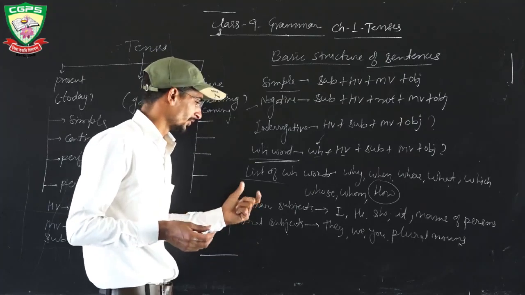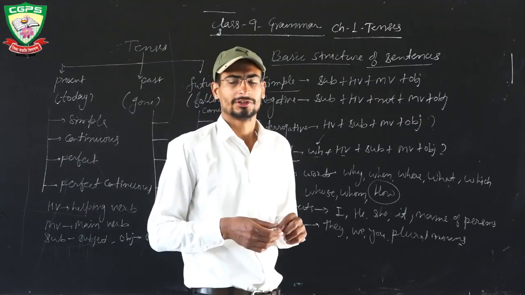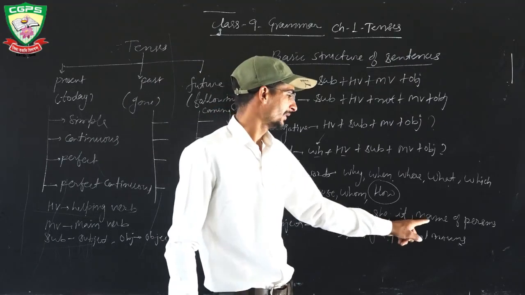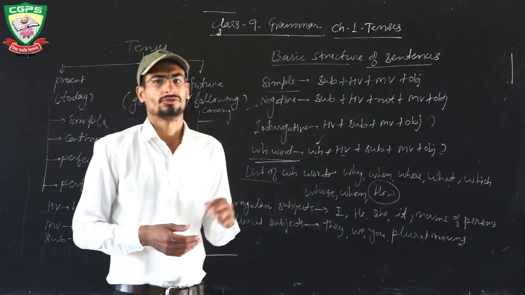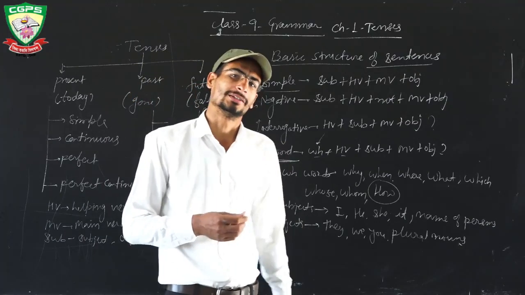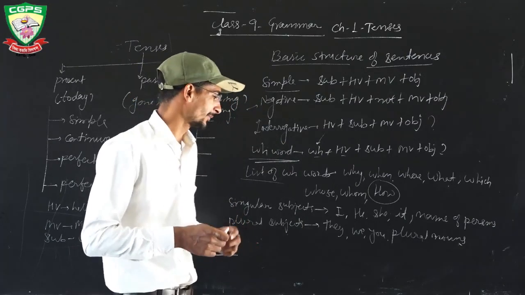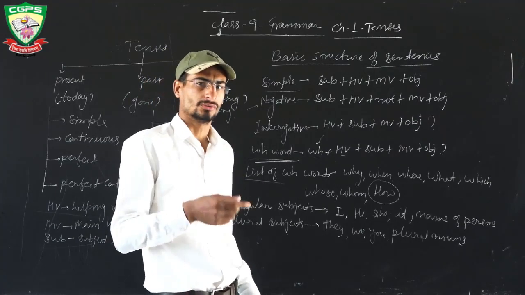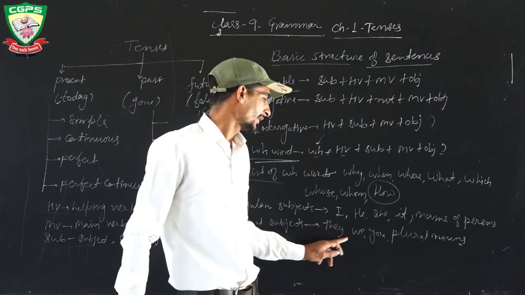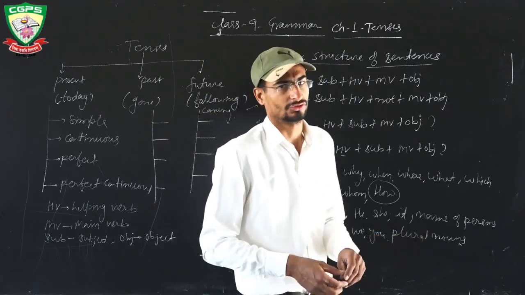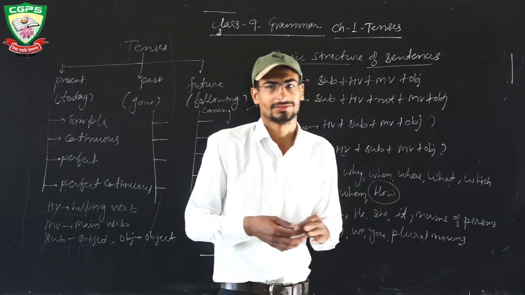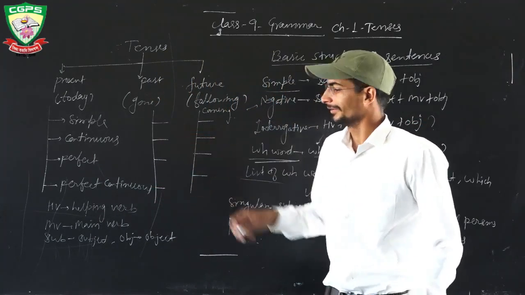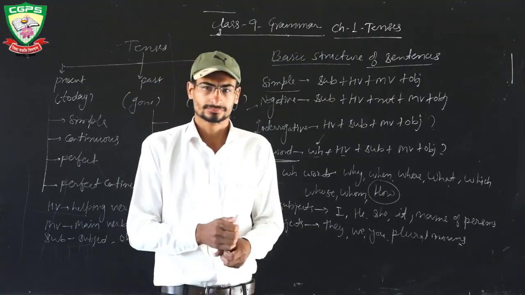Next is singular subject. Singular subjects which we will use in the tenses. I is singular, he, she, it, and name of person or singular nouns, that are singular subjects. Plural subjects which are in plural number, more than one: two, three, four. So like they, we, you, or plural nouns. So this is the basic introduction of the tenses. We will study about this briefly in the next lecture. Thank you.